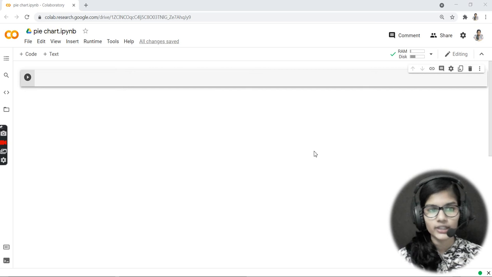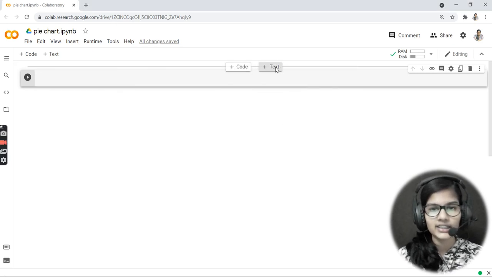So today, with the help of the Matplotlib library, we are going to see how we can make pie charts, right? We all know about pie charts, that it is of round shape, and according to whatever percent you give there, we get different pies in that. This is what we are going to make today, the pie chart with the help of the Matplotlib library which we have in Python programming.